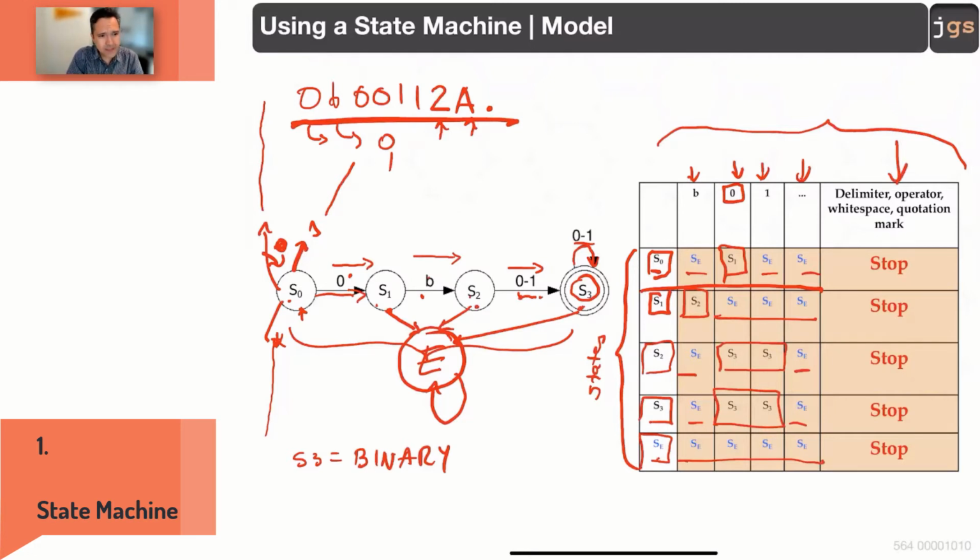One more column. What happens if the input is a delimiter or an operator or a white space or a quotation mark for the strings or for the characters? Do you remember that all of these are the characters that code a string? The operators, the delimiters, the quotation. Those are the things that you use to code things. Well, if I receive any of them,